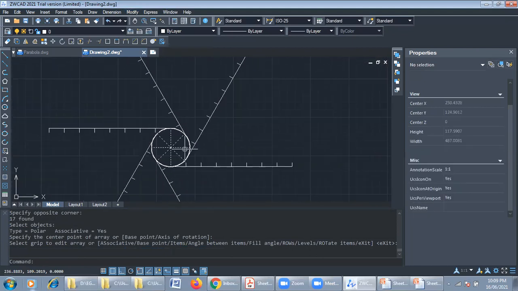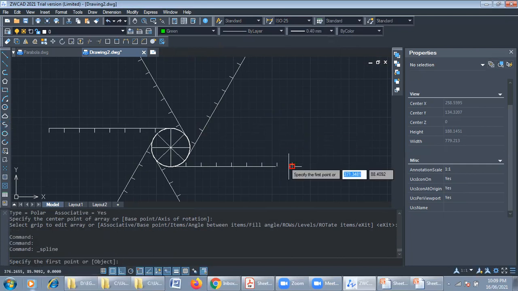Now as per the dimensions, you know, 1 to P, 2 to P, 3 to P, we need to transfer the distances. So to get the curve, I am using again the spline curve. To show the curve, use any color, thick line, thickness 0.30 mm, 0.40 mm, whatever. Then go to the spline curve starting with the free end. Now what is the fixed end? Fixed end of the circle, I can say this is the point P, and P dash will be the free end, which is freely moving along the thread.